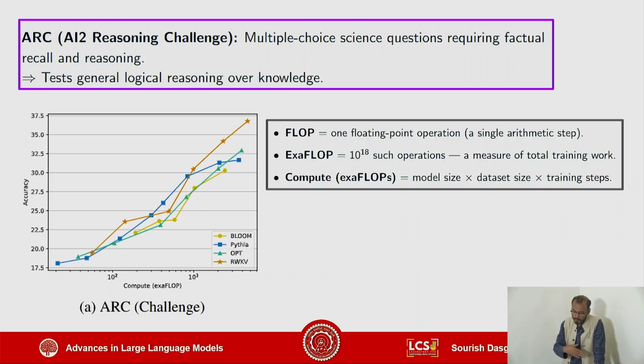So as the training steps increased, of course, we can see that Rakov is beating OPT and Pythia and Bloom,